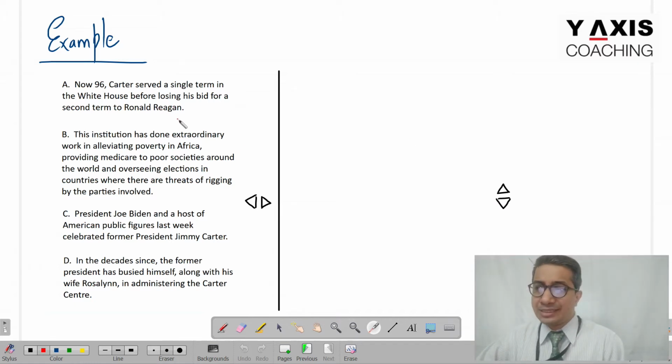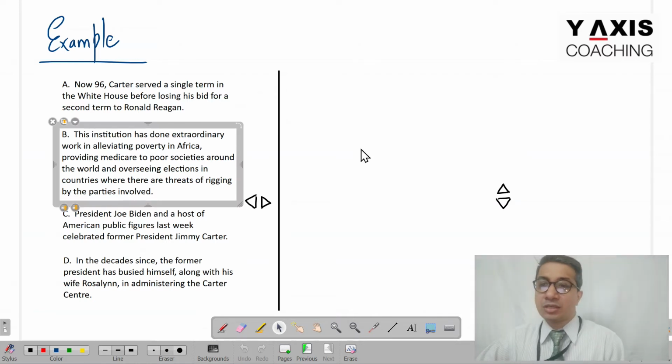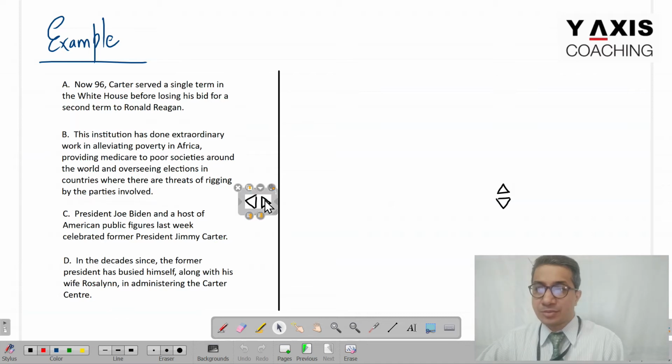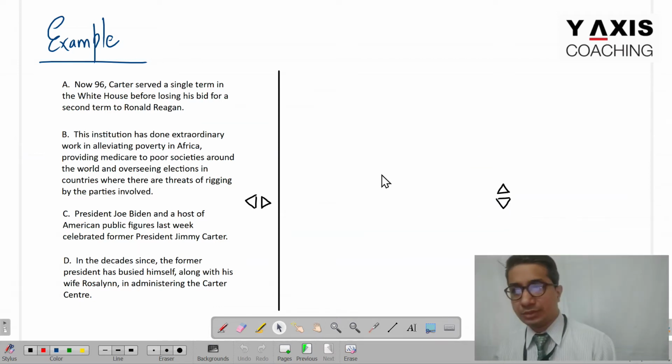But on the left hand side of your screen, you will have what we call the left and the right button. Okay, if you select a particular sentence, and if you want to push it to the right hand side to reorder, you have to select that and just press one of those arrow buttons. Okay, and within the right hand pane, if you want to shuffle, you can press the top and bottom buttons accordingly. So whatever you want to do.